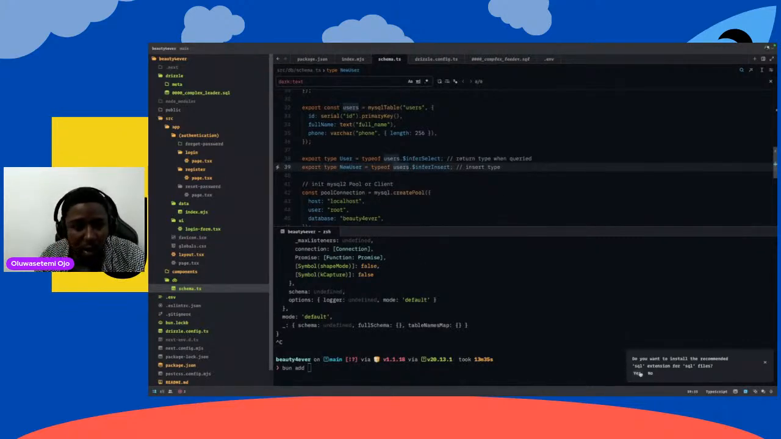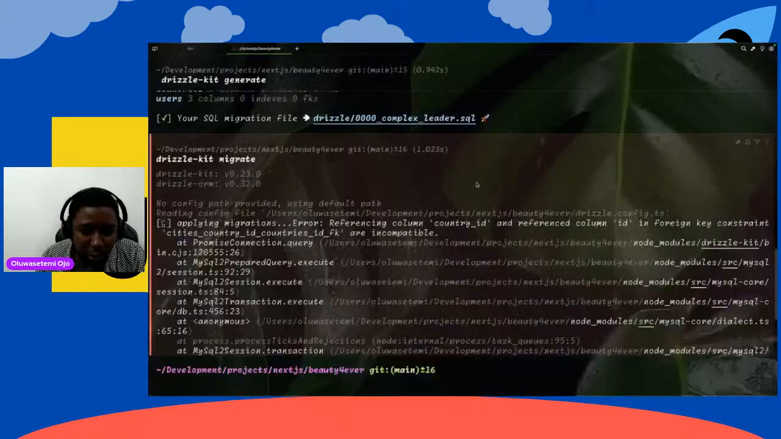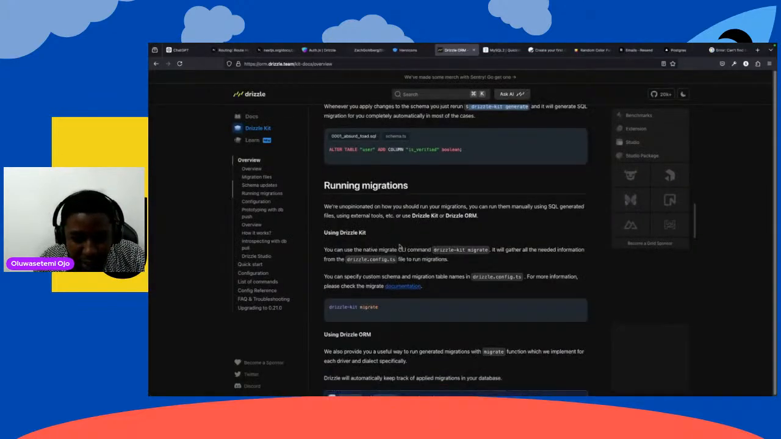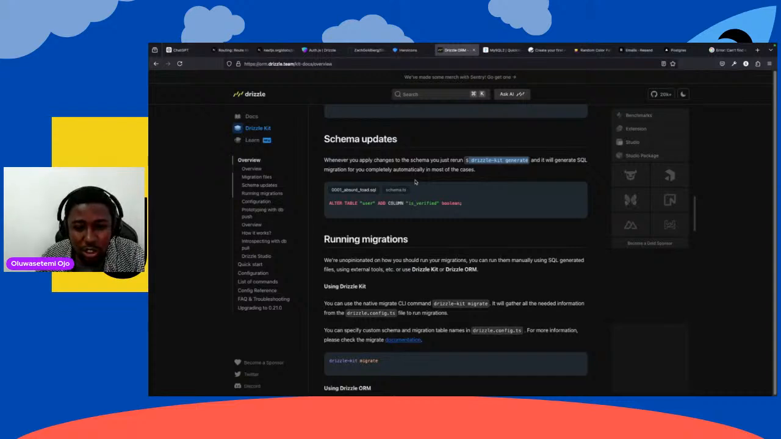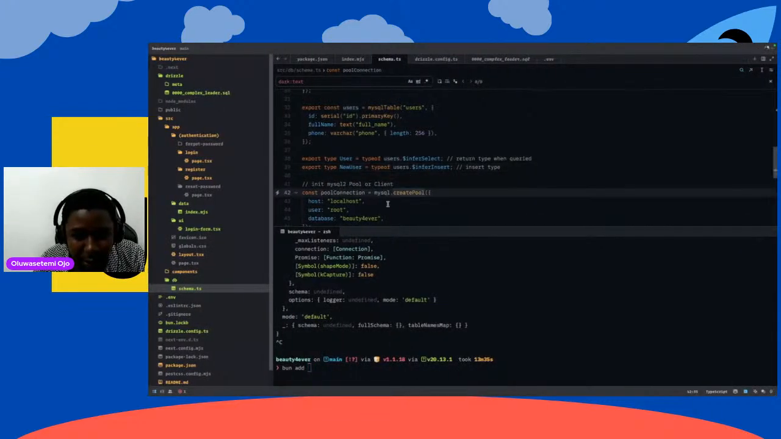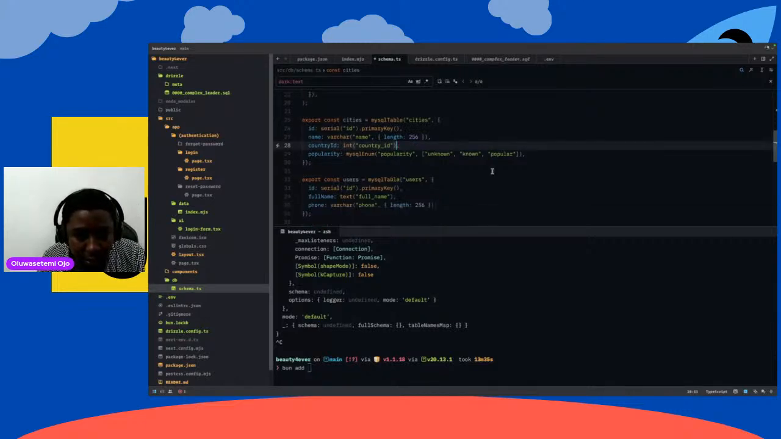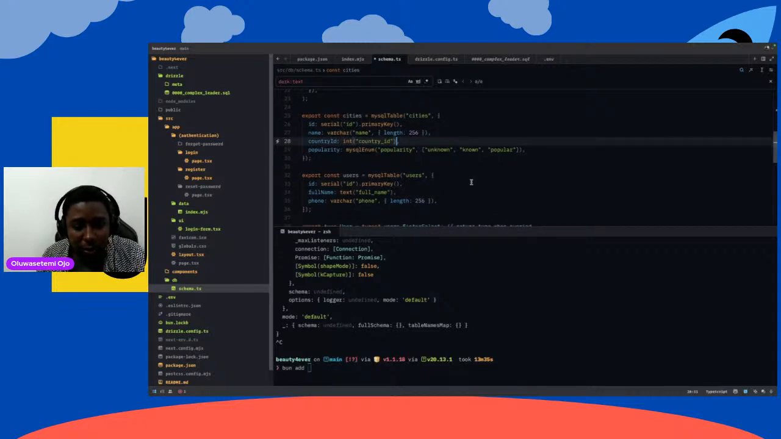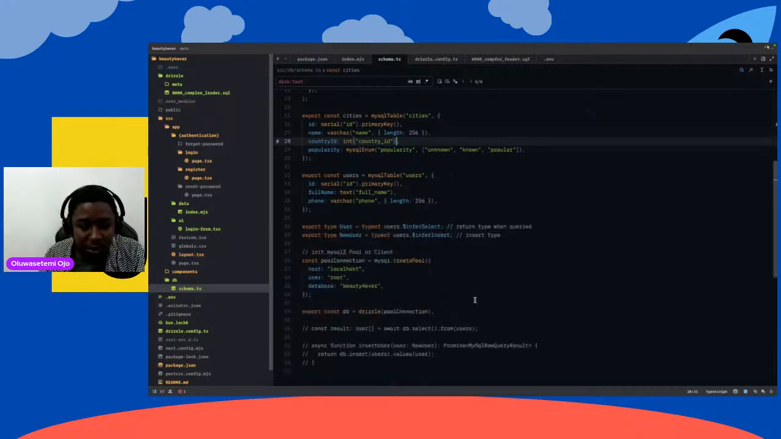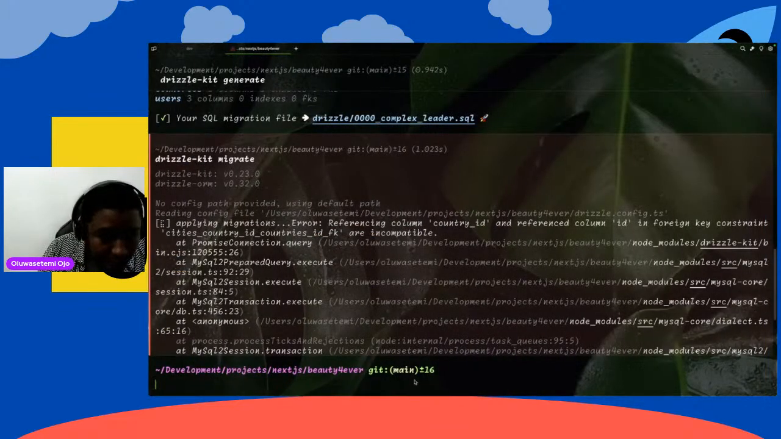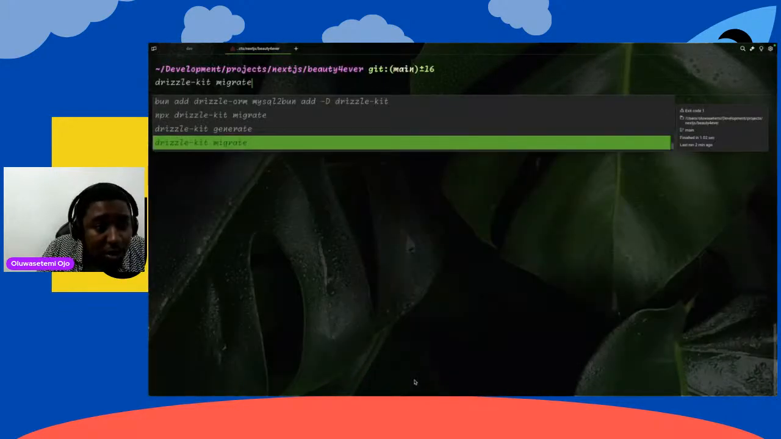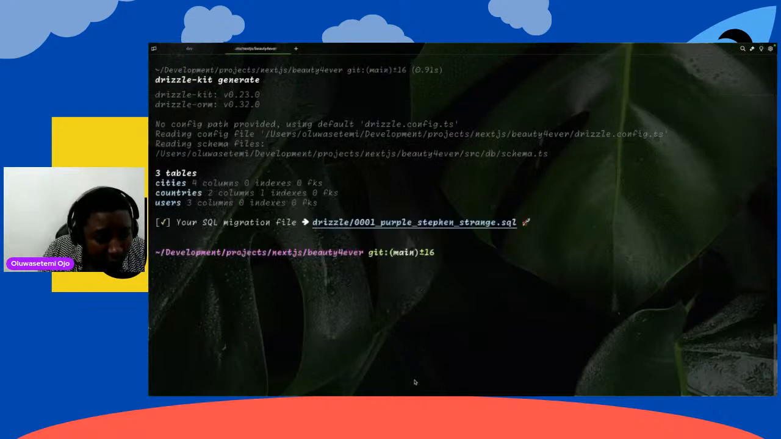Yes, it's able to create, but the migrations are not complete, so I'm not going to create a relationship between these tables for now. I'm just going to take the relationship out until I know how to work with it. If I run the drizzle generate again, it's going to generate, and if I run migrate,